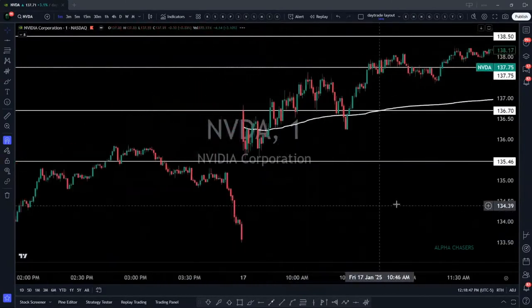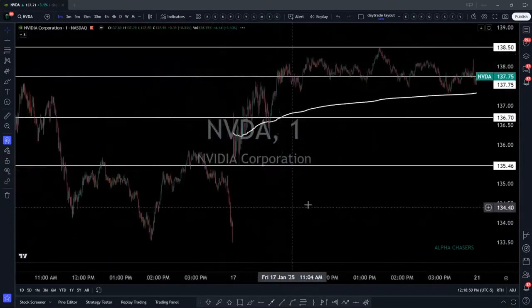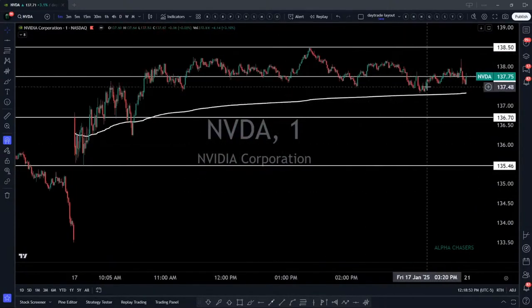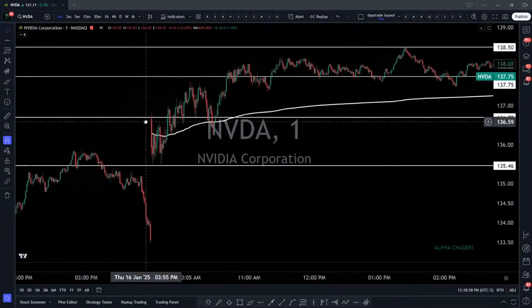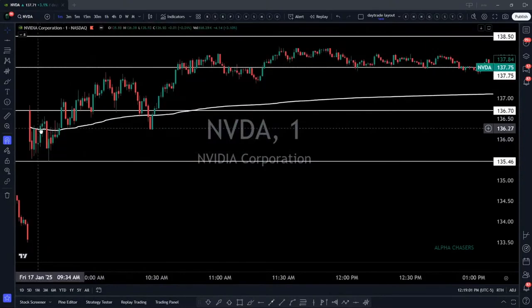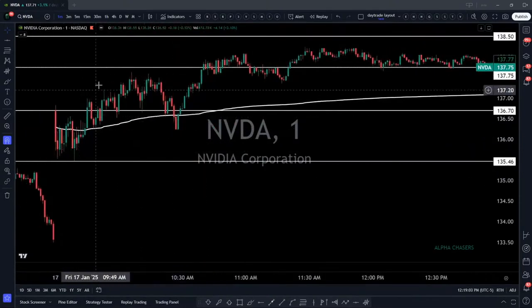Once you see that, once you see this kind of stuff, that's what you're looking for. Now, whether or not you're buying here for a scalp or not, I don't care. What I'm getting at is off the open, you want to look at that. The second thing that you want to look at during the day, clearly after these levels are marked off,